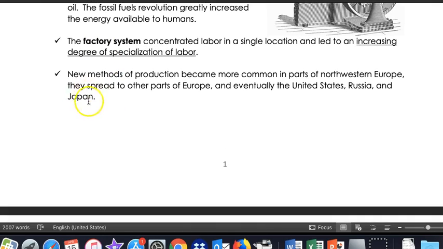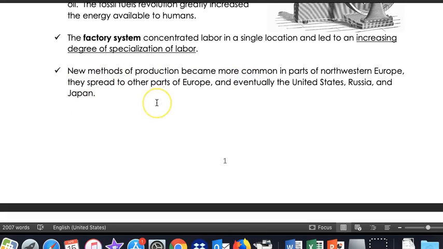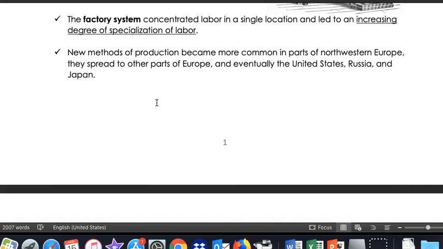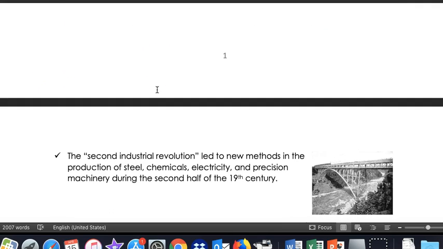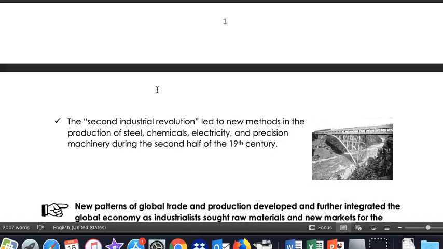We know that the industrial production began mostly in Europe, especially in Great Britain, but eventually will spread to other regions of the world. Understanding the addition of the United States, Russia, Japan, and Germany as well to the industrialization process is important.